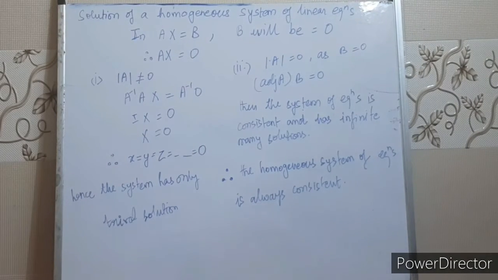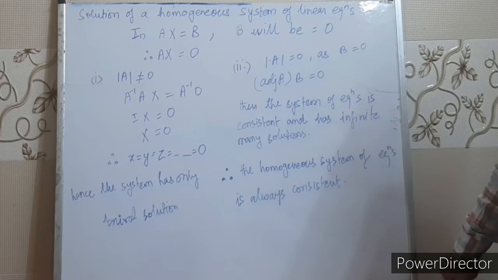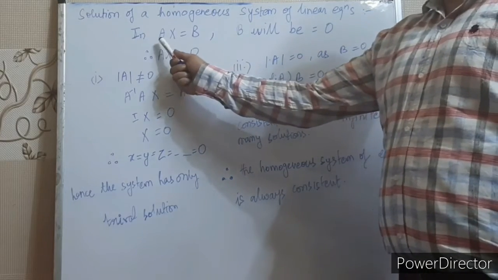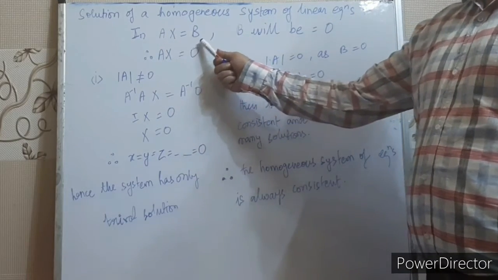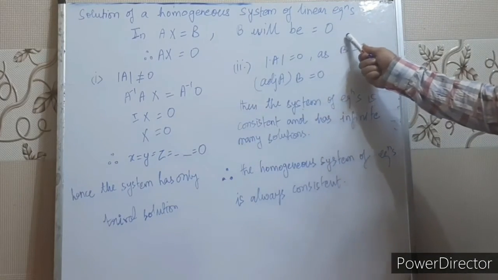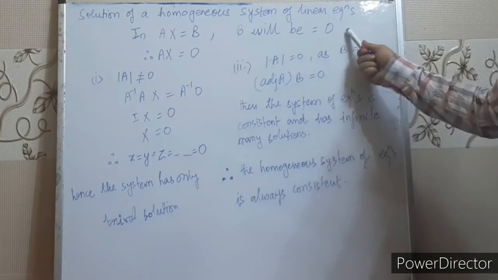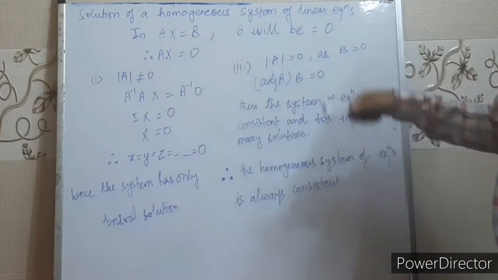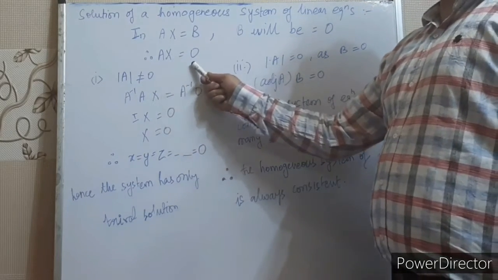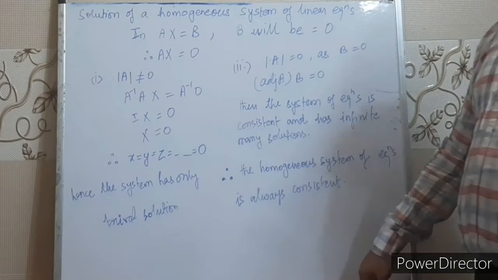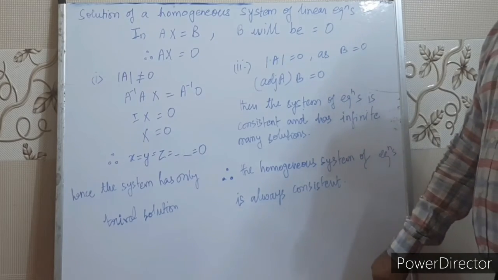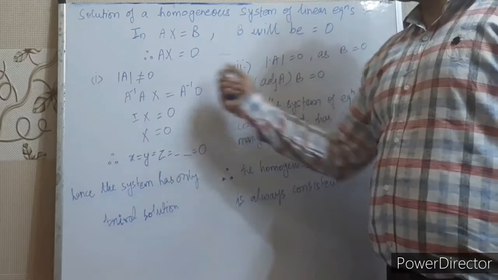Children, next we are going to study about the homogeneous system of linear equations. Children, what is the homogeneous system of linear equations? Suppose any system of equations given in that AX is always equals to B. When this B matrix becomes a null matrix, then we say that the system of linear equation is homogeneous. Then what will it become? A into X equals to null matrix. From here two cases arise, that the determinant of A could be 0 or could not be 0, right? So both the cases we'll discuss.